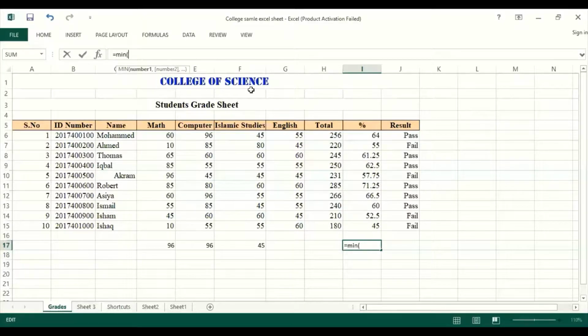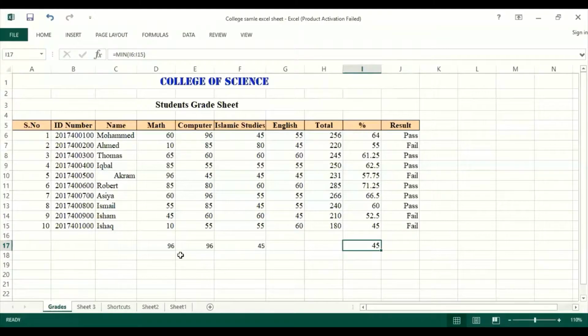Then the starting position from where you want to calculate the minimum value of the percentage, then expand the selection or mention the final position, close the small bracket and press enter key. So you will have the minimum value of this column. So we have 45 percent, that is the minimum of the percentage column.